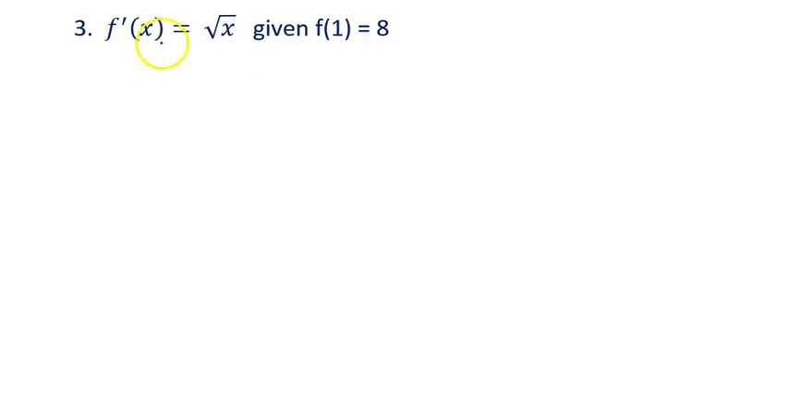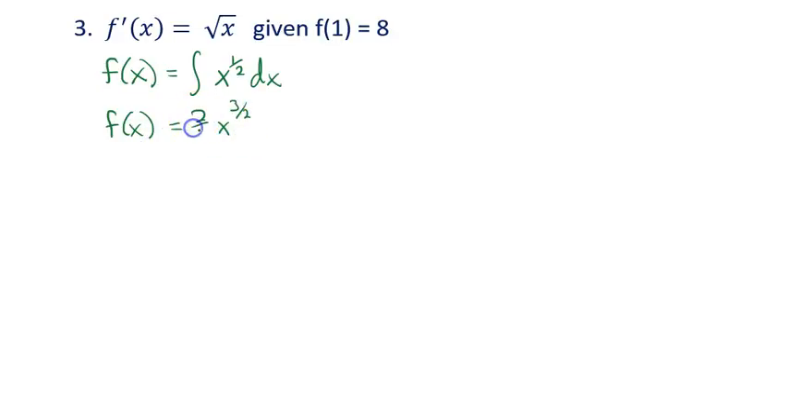Alright, number 3, if I take the antiderivative of f prime, I just have f. And then again, I'm going to think about the antiderivative of the square root of x. And since I'm doing a square root, I'm going to think of it as a power of 1/2. So I can use my power rule and get 3/2 here and a 2/3 here, and my plus c on the end. If I plug in 1 for x and 8 for f of x,